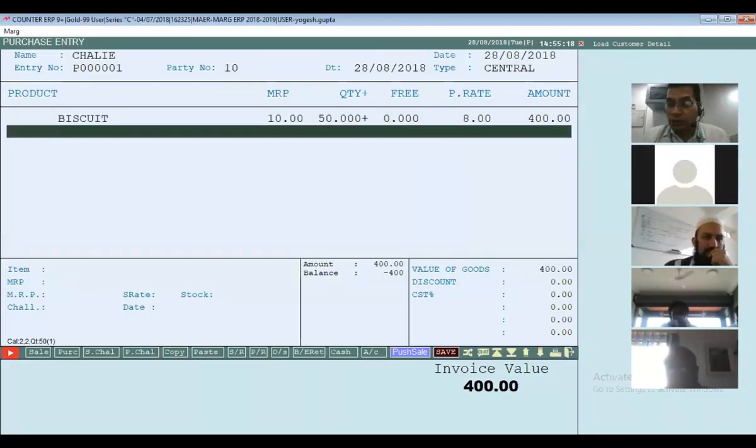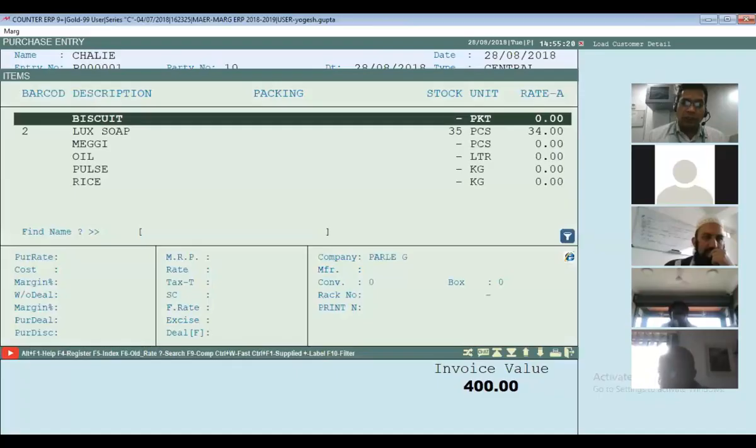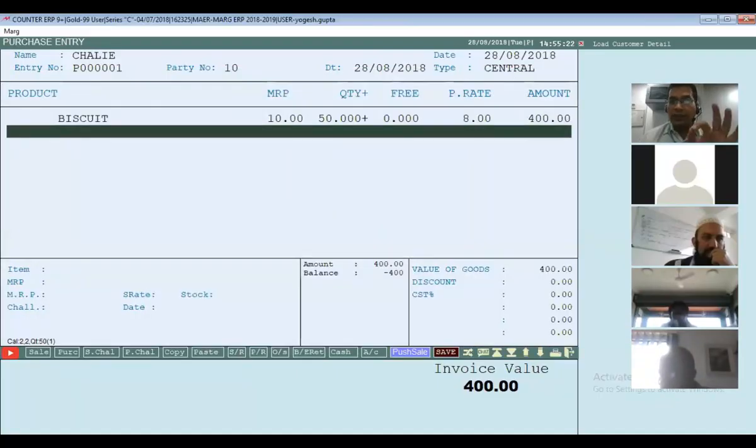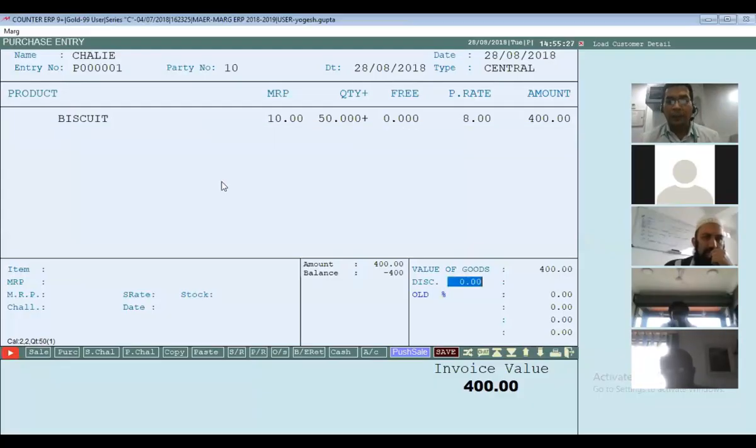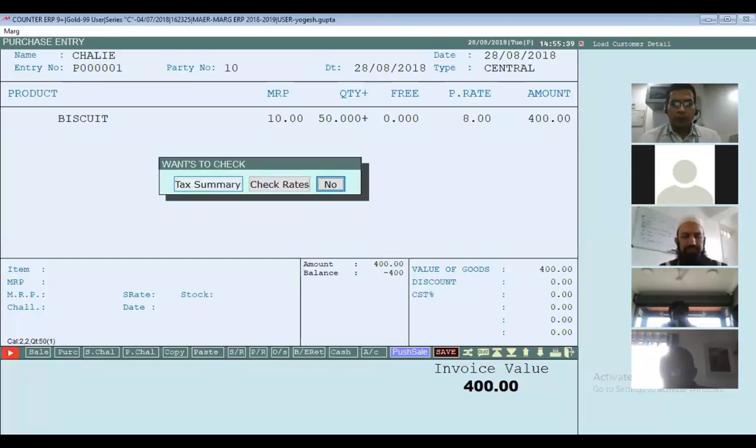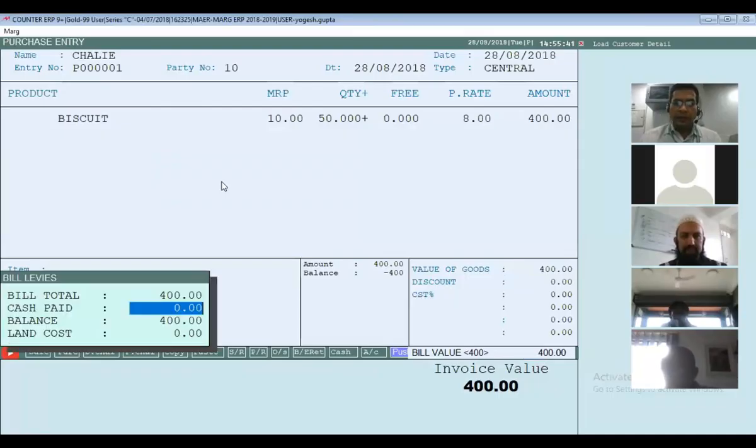Now, to save it. We can save in different ways. We can save by pressing Tab. Now look at that. When I press Tab, it asks for some bill discount. If I don't press Tab, I press Control W. I can save it also by Control W. Enter, enter.